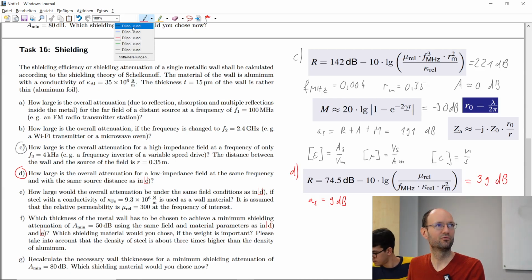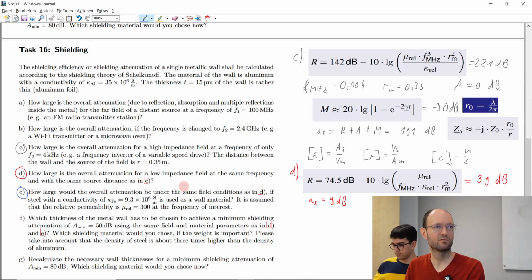So we can continue. And for this, I will once again use blue with subtask E. How large would the overall attenuation be in the same conditions as in task D if now we use steel instead of aluminum? And steel has some relative permeability. And so it will not help for the reflection, because higher reflection will make less absorption, but it might help if I go back